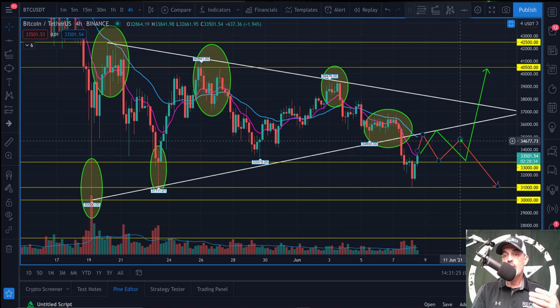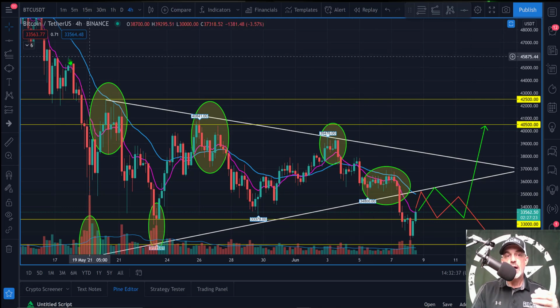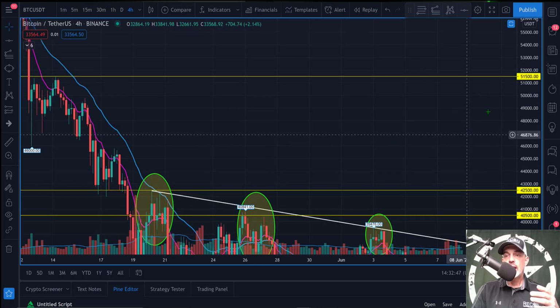Now, if the bulls get control of the battlefield, then I'll be watching probably around 35,000, which is right in this area here. I will still watch for a pullback into 33,000. So again, 33,000 comes into play merely as support, but we really need to get above the 35,000 level. Once we get above 35,000, then I'm looking up at around 40,000, 40,500, that zone there. The bulls need to push through there up to 42.5. If the bulls can push from there, then we're looking probably at around 45 to 46,000. There was some resistance back in that area. And then after that, we're looking at around 50 to